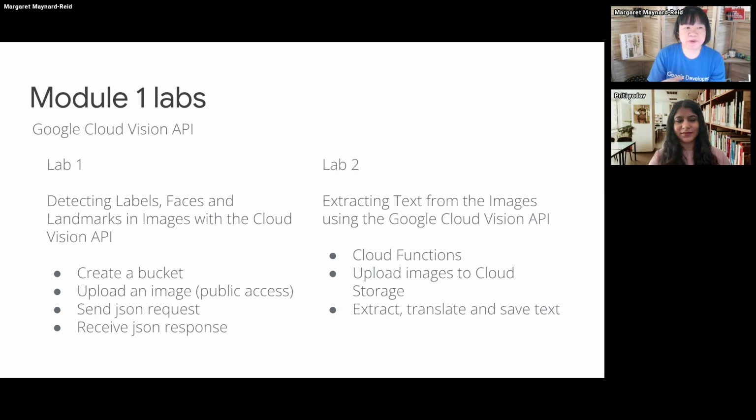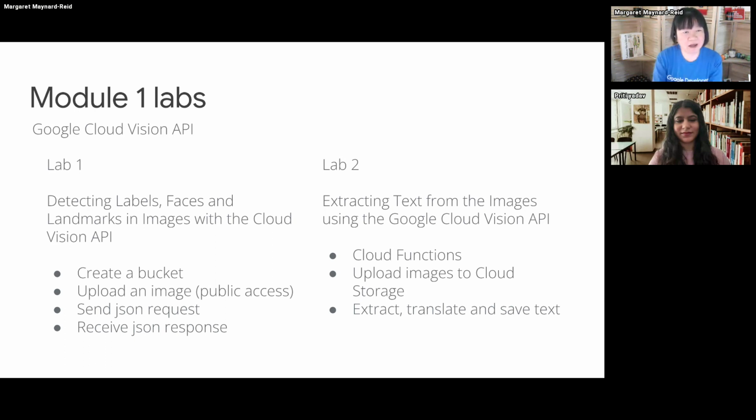But if you were to build an application, you could be on the phone sending an image. Sorry, phone may not be a good example, because if it's on the phone, hopefully you are running the inference directly on your phone. But through, say, a web application, you send the image over, you get the JSON response back, and then you parse that response, and then you will create some sort of UI to show that response, depending on what you are trying to do, whether it's detect the labels, faces, or landmarks, etc.